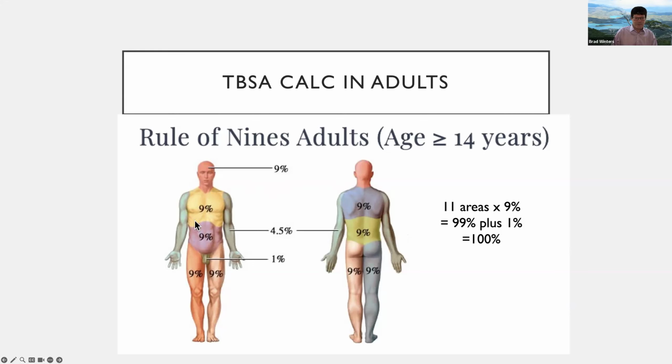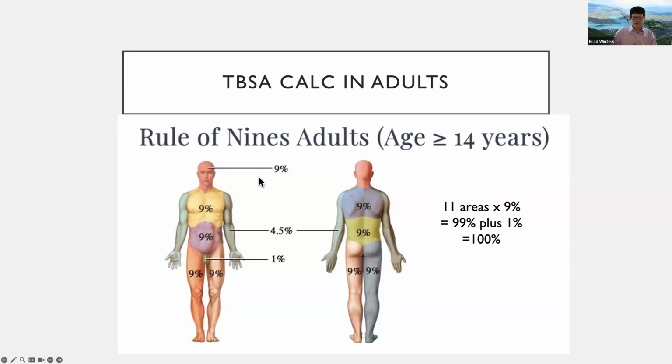If only half the chest is burned, you cut this in half. So, if you have a burn on the chest, you don't necessarily add up the full 9%. But if this whole area here is burned, you would call it 9%. But if it's only burned on the left side or the right side, you would call it 4.5%. And there is some wiggle room in these calculations. If you ask 10 different burn surgeons and burn intensivists to calculate up a total body surface area, they're probably going to be within 5% of each other, but they're not necessarily going to land on the exact same number. But if you're within 5% of each other, that's a fairly reasonable range.